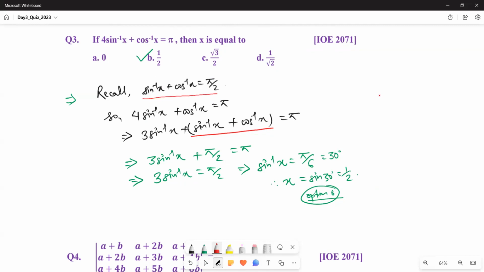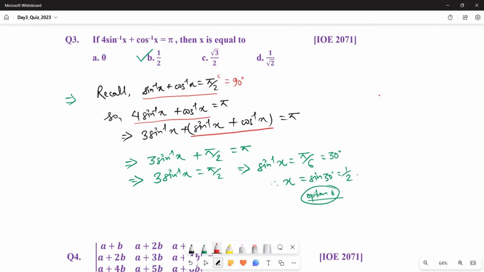Pi by 2. This is in terms of radian, right? And in terms of degree, sine inverse x plus cos inverse x equals 90 degree. So this you should be able to recall. Our given statement was 4 sine inverse x plus cos inverse x